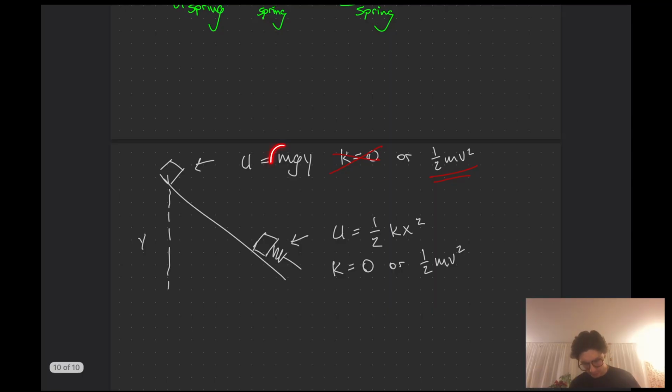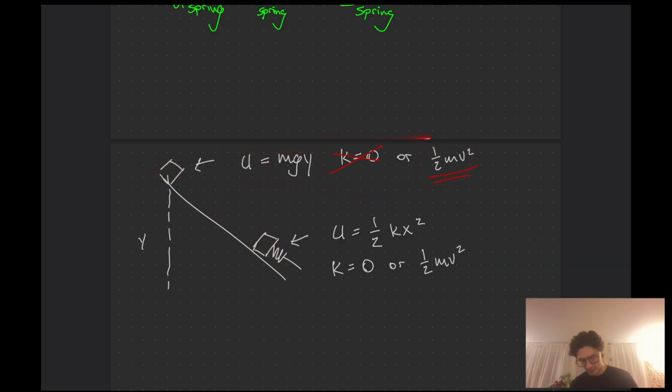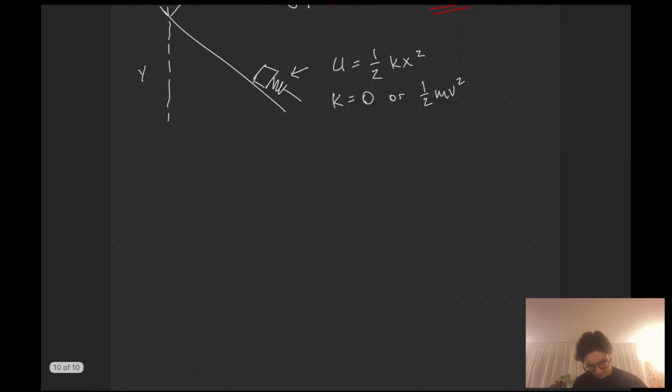So initially, you have this plus this as the total mechanical energy of the block here. It slides down. This potential energy converts into more kinetic energy, and then once it hits the spring here, the spring gets compressed. Some of this entire kinetic energy up here is converted into potential energy of the spring. How much? This is kind of an assumption I'm making. I'm going to say that